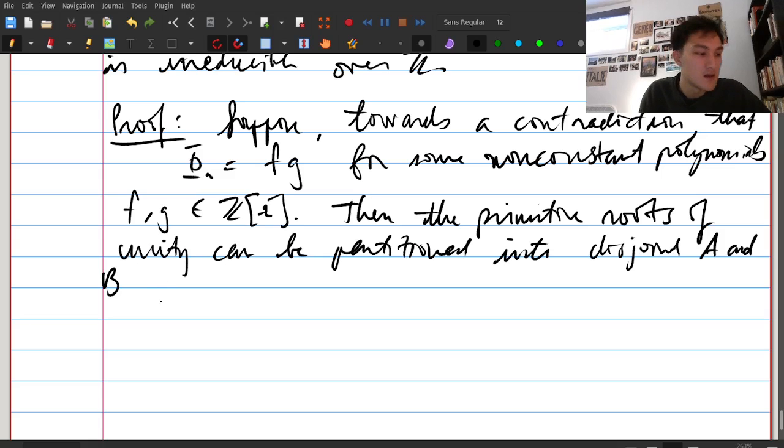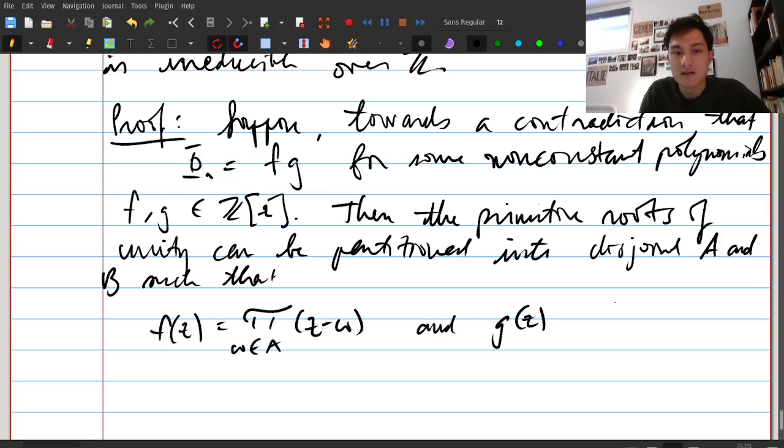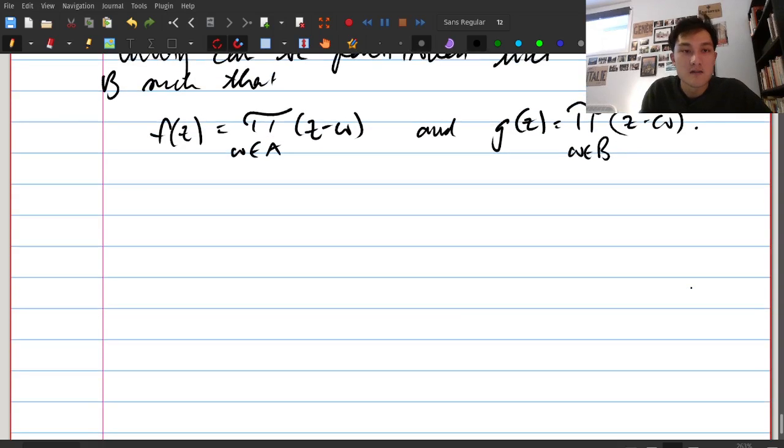Disjoint non-empty A and B, such that f of z is equal to the product of all omega in A, z minus omega, and then g of z is the same thing but with B. So it equals the product over all omega in B, z minus omega. Okay. Now, since any